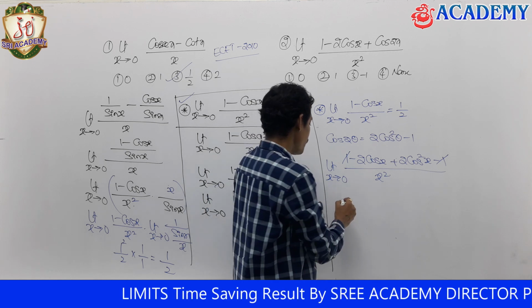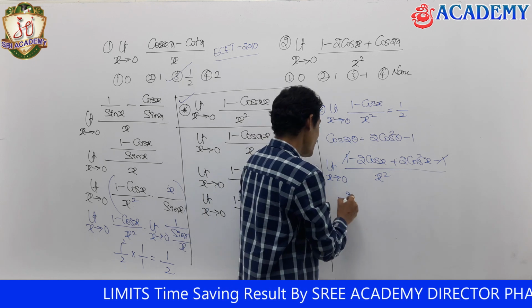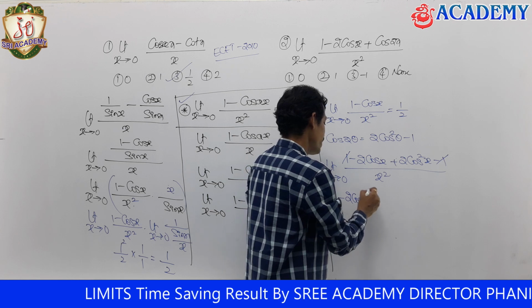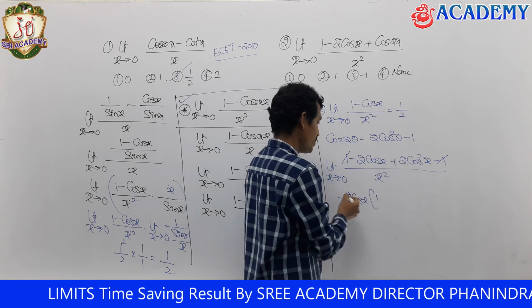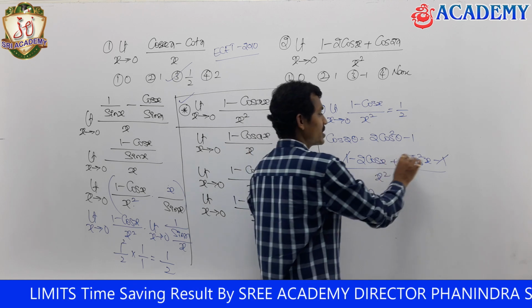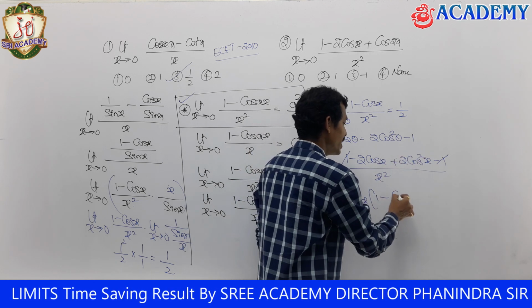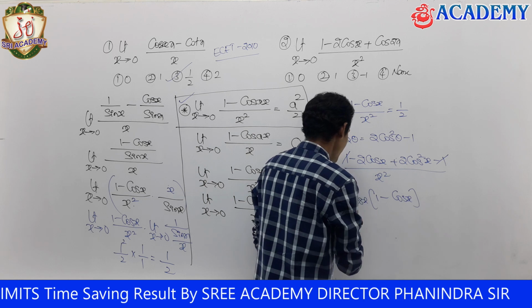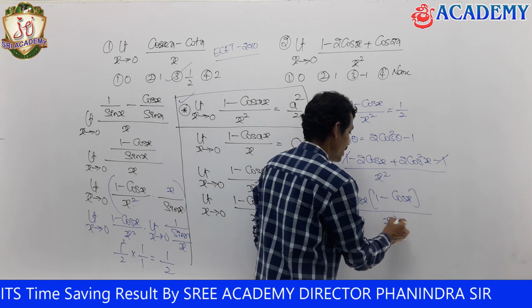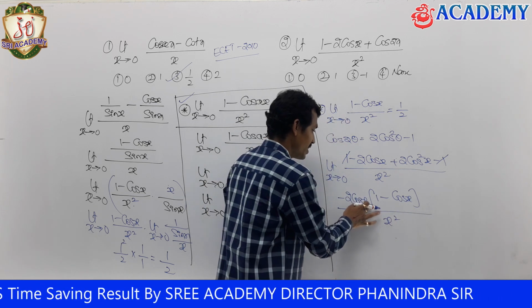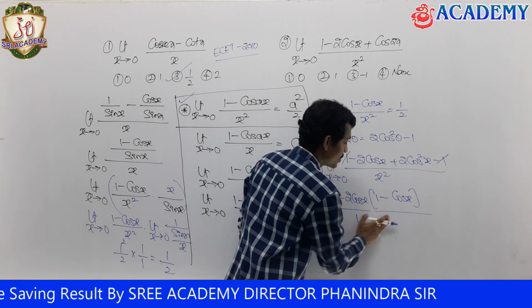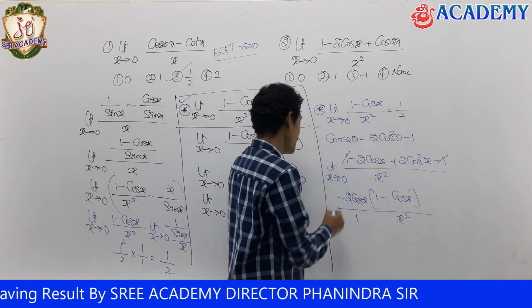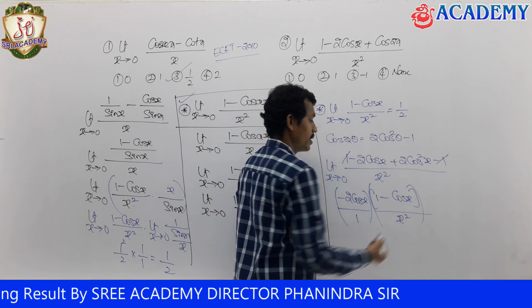If I take minus 2 cos x common, what will you get here? Minus 2 cos x taken out, we get 1, then minus 2 cos square x gives, with minus 2 cos x taken out, only cos x with a plus sign, divided by x square. What I am doing is separating it. This is 1, and this is the denominator x square. It is the multiplication of 2 functions, I am saying.